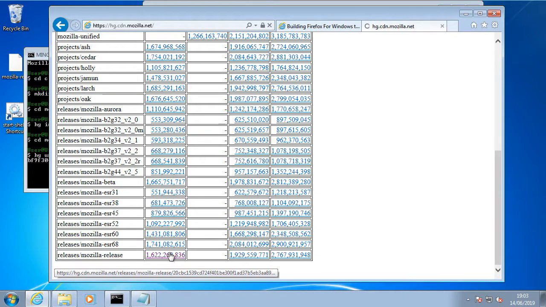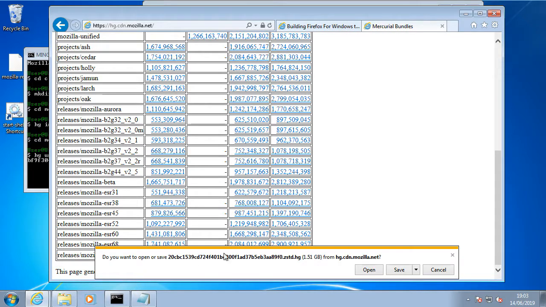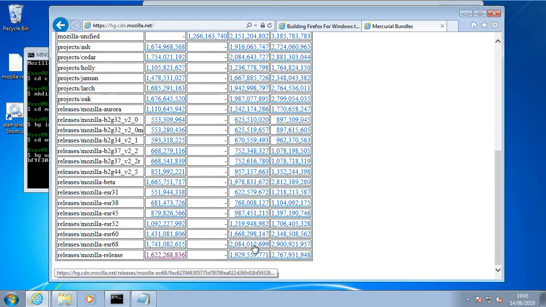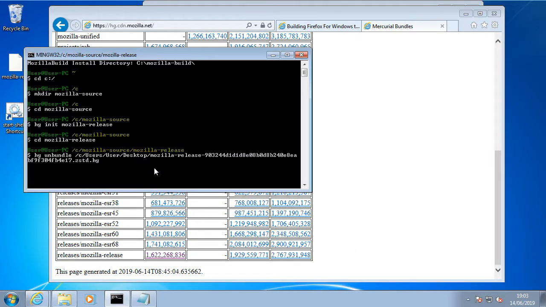So I'll show you anyway. If you click to download it, see, it's just this long list of numbers, so you're better off renaming it so that you don't get confused, and that you actually know which file you're trying to find when you go through doing this on the command line. And as you can see, I use tab to complete each step just to save having to type the whole thing in, because I've seen some people actually typing stuff in manually, and I think this name will take too long to type. Right, so now we type the hg